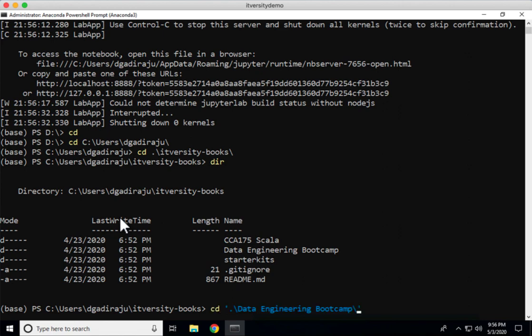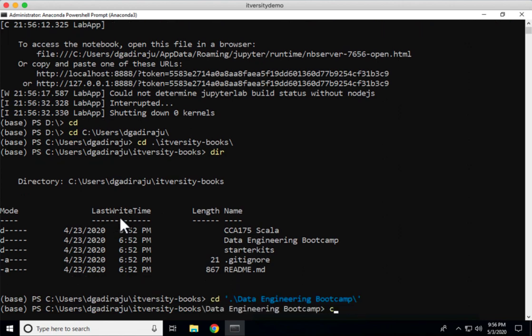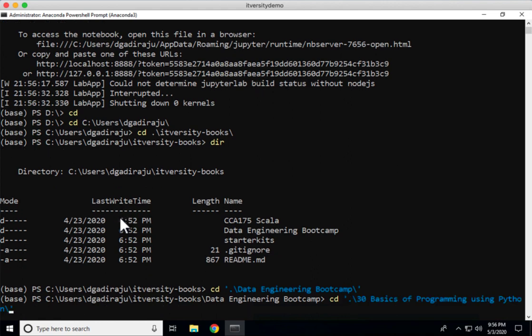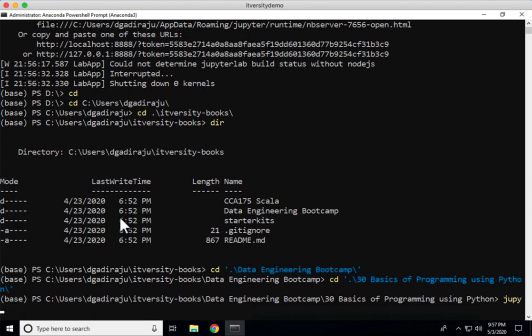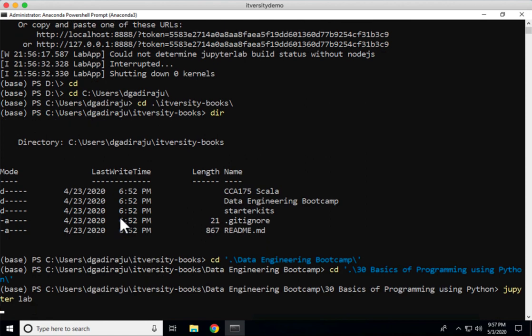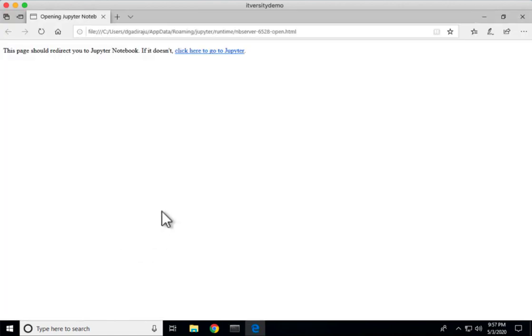Let's say I want to get into that Data Engineering Bootcamp folder, and then into 30 basics of programming using Python. This is the folder where I have Python based notebooks. If I directly launch from here, I can go into this folder and then say Jupyter Lab and hit enter. It will actually launch the web service, and it will be pointing to the notebooks that are available under that folder. You can see here.